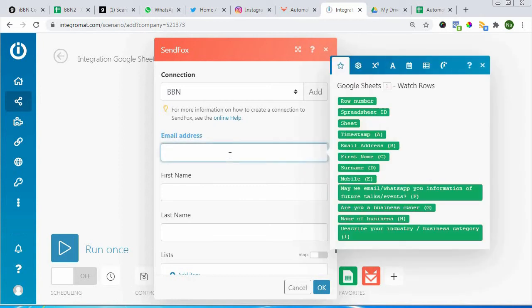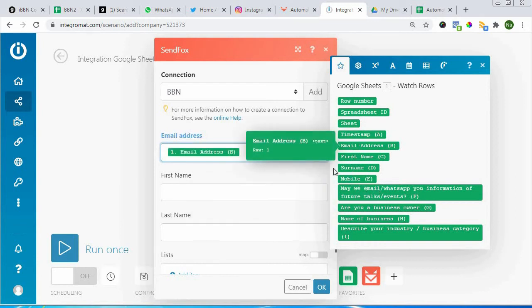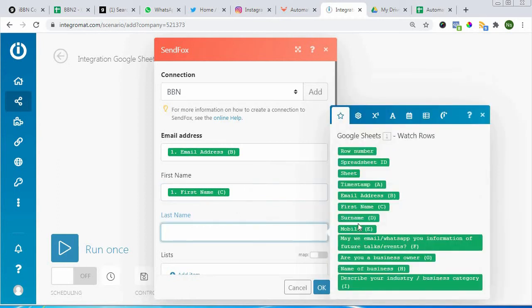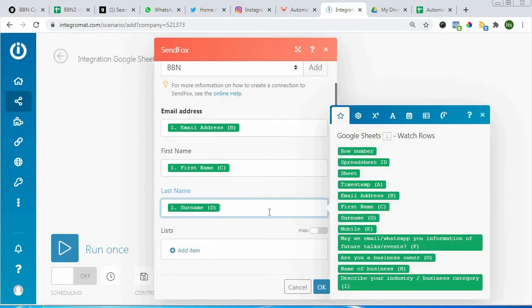Okay, so the email address is taken from your Google Sheets. So you look for the field that has the email. So send to, create, adding the email address into this email column. And then the first name, if you have a first name, here we have the first name, and then we have the last name. Okay, so these are the three things that we want to add into this particular Sendfox